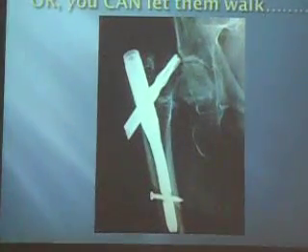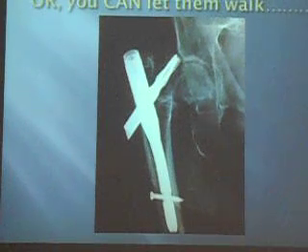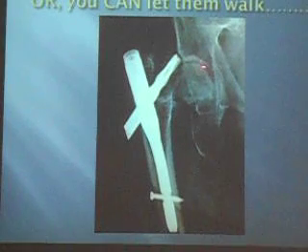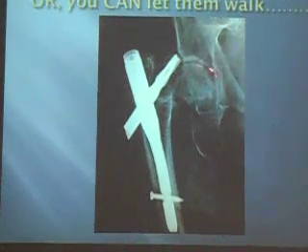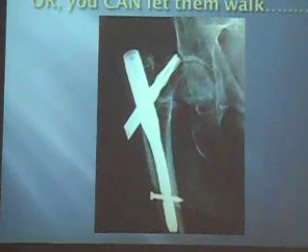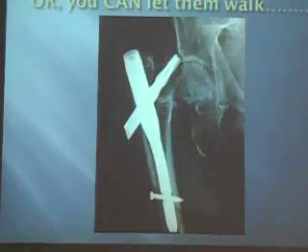This is what happens, and we'll explain a little bit later how it happened. If you are not careful with what you're doing, here's the screw. Screw didn't move at all. Screw's nice and strong. But this poor osteoporotic head here, that did move, popped right out of the head, and the screw is now sitting outside, and the fracture is no longer maintained. That's what happens when you let them walk on it,